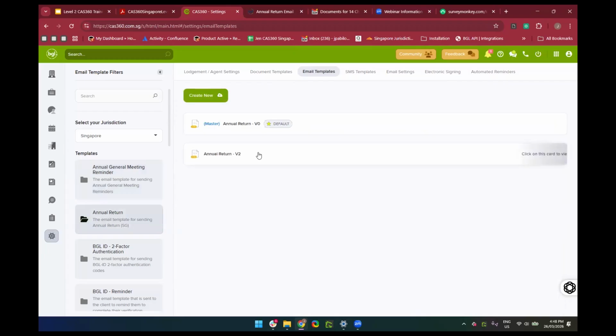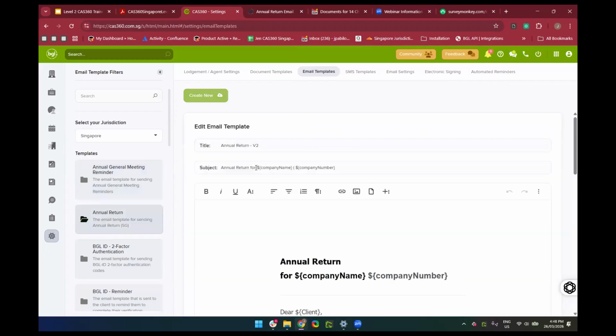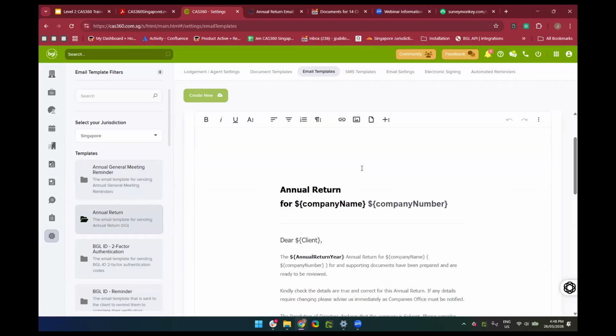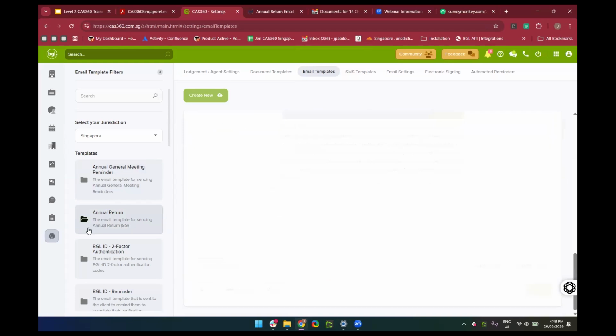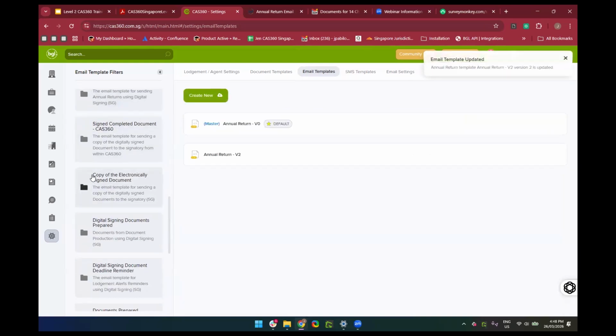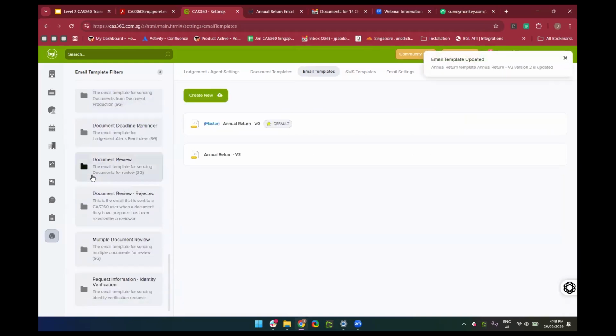So this one's much more appropriate as this is a return for this company due in, for example, and click save. So you can scroll through and see the different types of